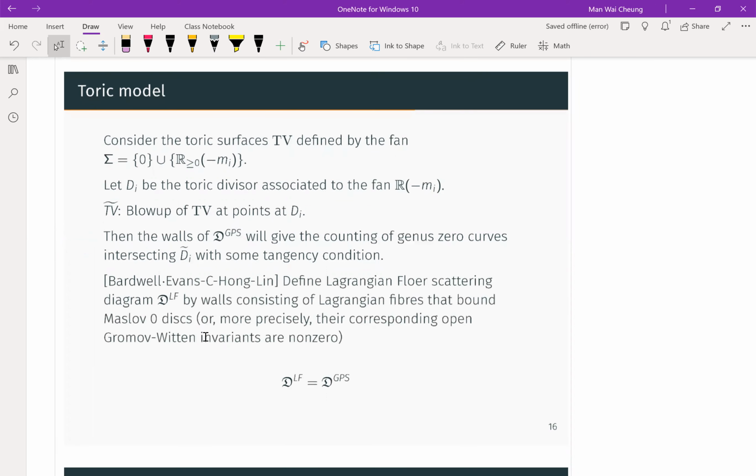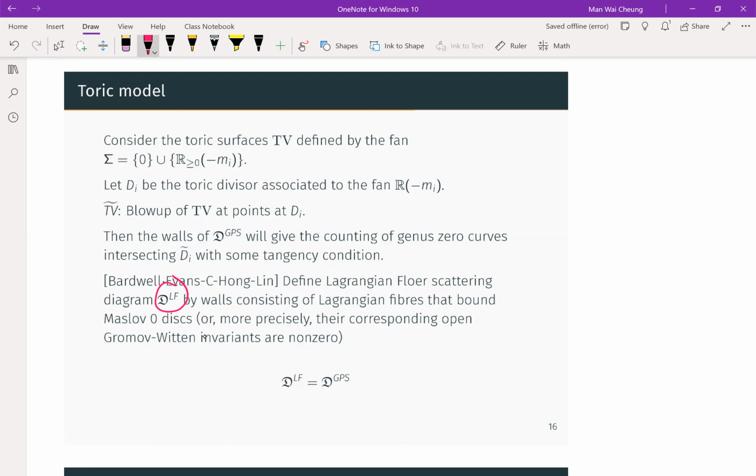So I hope, okay, it's not that precise, but slightly more precise for what we work with Floer, even Horn and Mean. What we do is we have constructed a Lagrangian foundation, and then we define the Lagrangian Floer theory scattering diagram, and here the walls consist of Lagrangian fibers that bound Maslov index zero disks. And then what we show is, and like I suggest, we use this tropical holomorphic correspondence that we